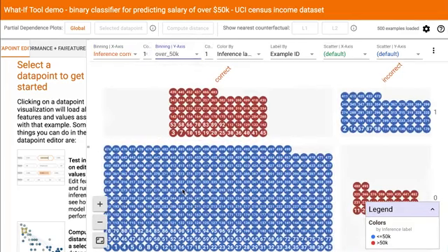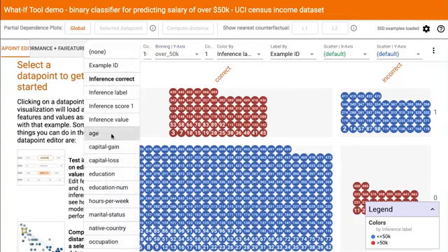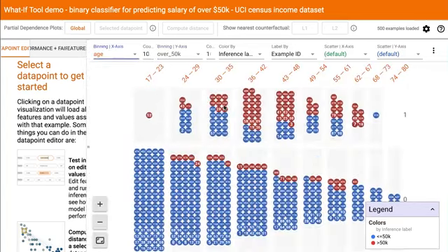What you'll see on the left are all those data points which were predicted correctly, while on the right you'll see all those data points which were predicted incorrectly. By itself, this doesn't tell you much about the potential bias of your algorithm. To test how well the ML does across different subgroups, under binning x-axis, select age. And under binning y-axis, select Inference Correct.